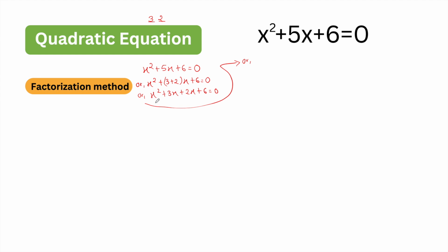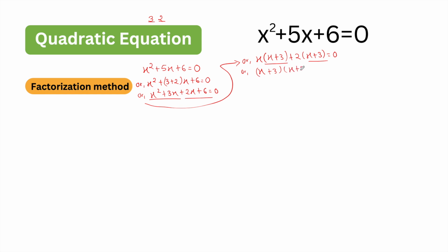Let's take x common from these two, so we get x times (x plus 3), and from the other two we will take 2 common, plus 2 times (x plus 3) is equal to 0. Now we take (x plus 3) common, so (x plus 3)